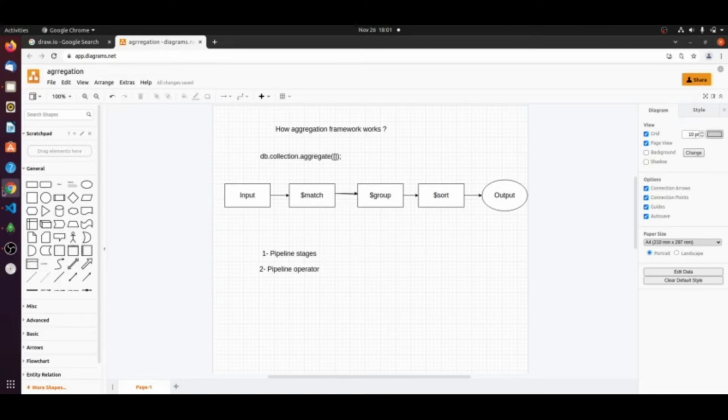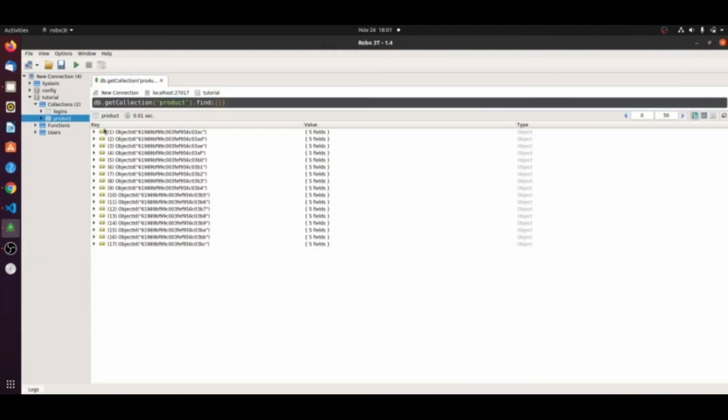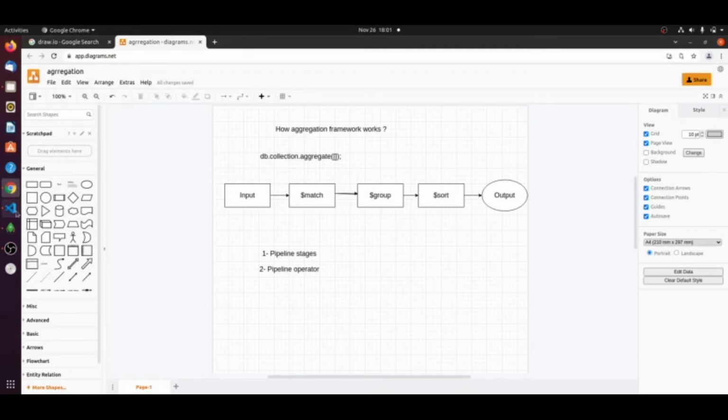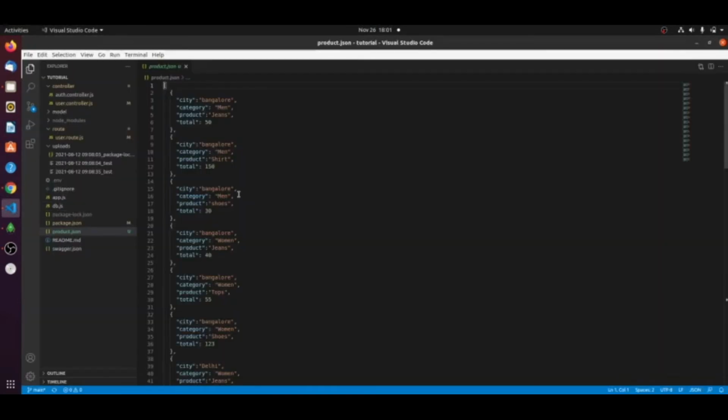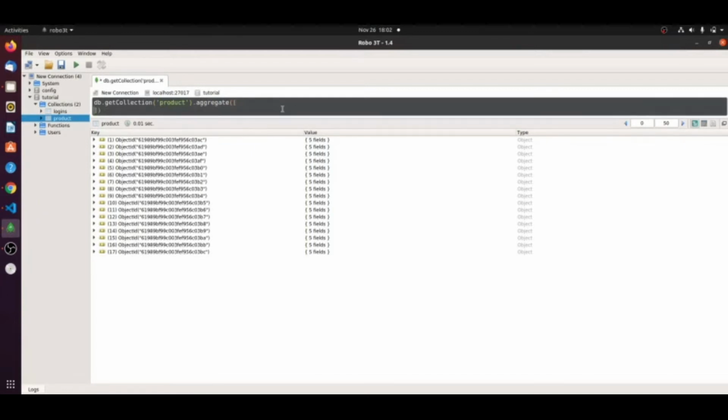Let's take one example of the same record. I have inserted this record into my local database, you can see here. So in the first case, let's implement this match pipeline stage. What it does is filter as per some value. Let's say I am listing the products for the city Bangalore only, right? So you can just write aggregate like this, in square brackets.